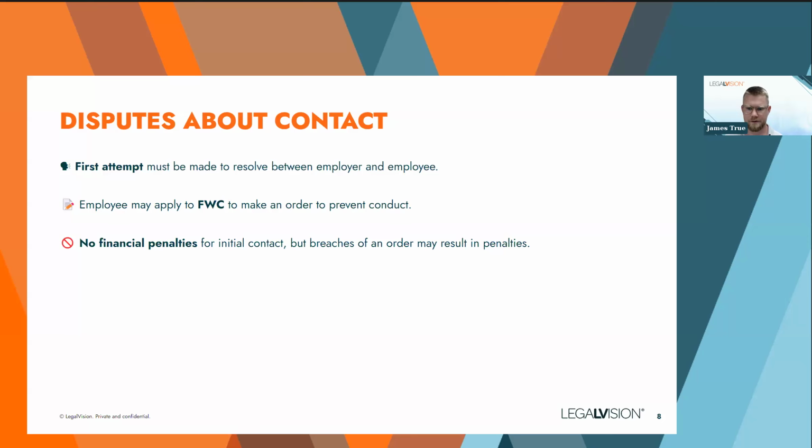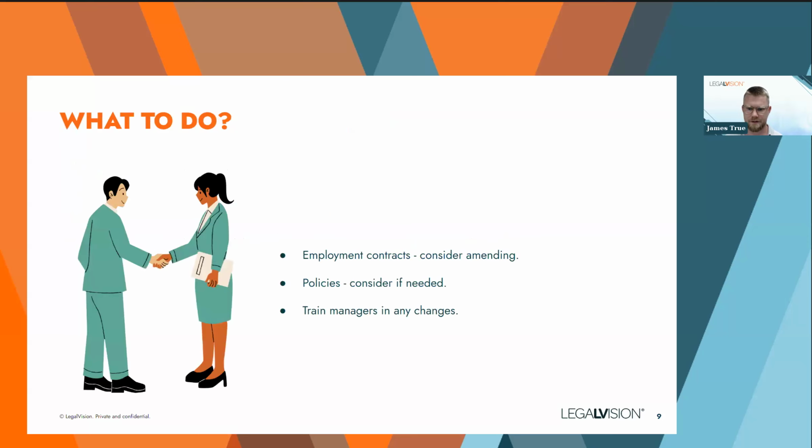We might wrap up on this one just with some immediate next steps. So I have these down as next steps. They're all very much things you can think about doing. There is, in a sense, very many businesses could do absolutely nothing here, and that would be sufficient. This is the employee's right to exercise. So there is a world in which you could just wait and see if anyone exercises the right. There's no immediate penalty if they do.